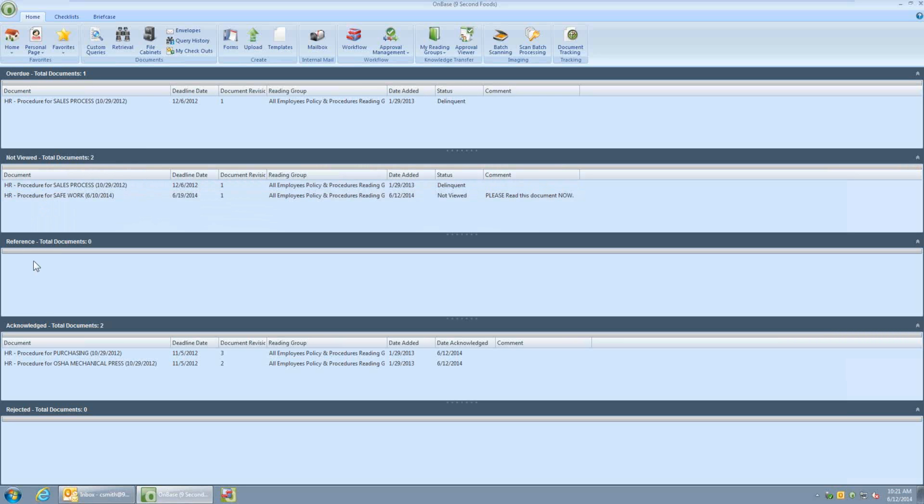Then any reference documents. This means that they may have viewed it, but they marked it as a reference. It's on their short list of documents that they may want to come back to at a later point in time and review. That would be the reference section. And all the rest of the documents are the ones that they acknowledged, and again, typically we take away the reject capability from our users. But very simply, if they want to take a look at the sales process document,